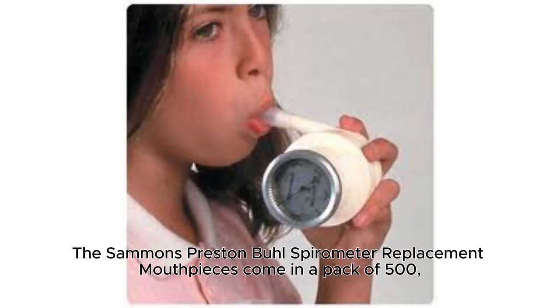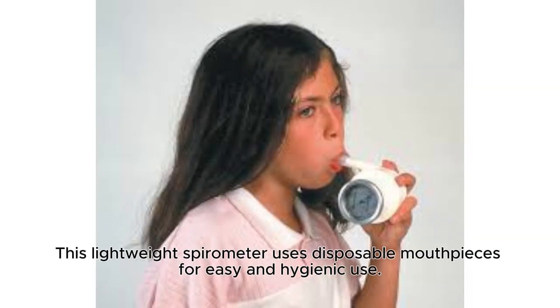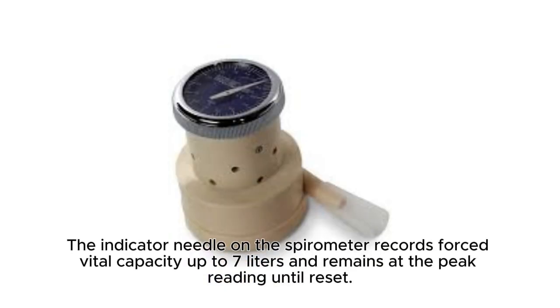The Sammons Preston Buhl Spirometer replacement mouthpieces come in a pack of 500, making it a convenient and cost-effective option for screening large groups. This lightweight spirometer uses disposable mouthpieces for easy and hygienic use. The indicator needle on the spirometer records forced vital capacity up to 7 liters and remains at the peak reading